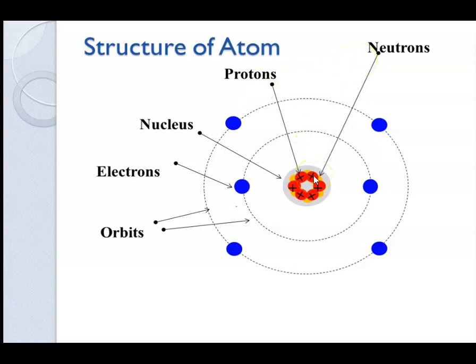For the given atom, the number of protons in the nucleus is equal to the number of orbiting electrons. The atoms are electrically neutral. As the protons and orbital electrons are equal in number, their equal and opposite charge will neutralize each other electrically. Therefore, we can say the atoms are normally electrically neutral.